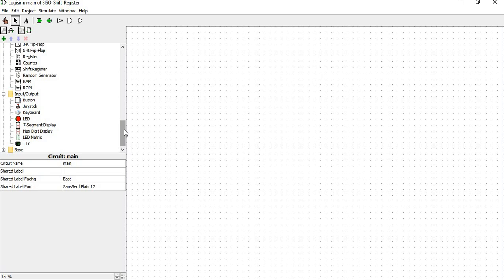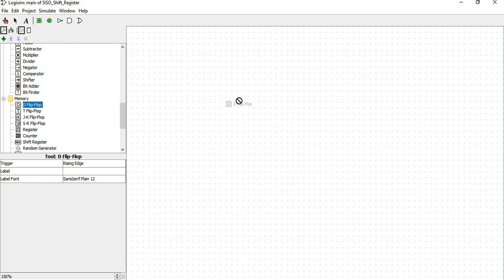Okay, let's do the implementation of a 3-bit serial input, serial output shift register. So let's start with that. We are going to use 3-bit binary information. As you all know, the number of bits is the number of flip-flops required. Since we are going to implement 3-bit serial in, serial out, I need 3 D flip-flops, right? So let me pick up from here.